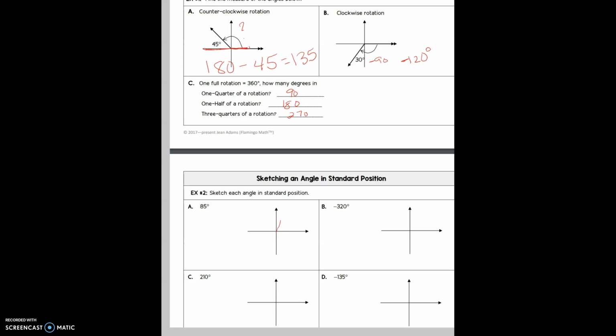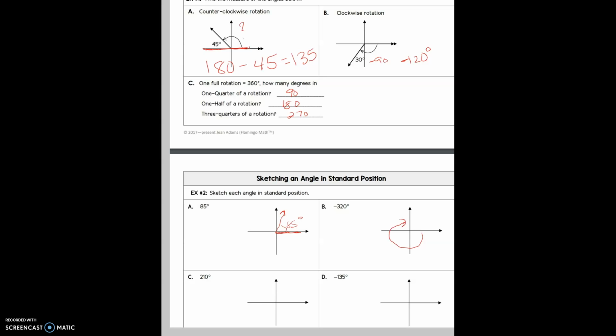So we want to draw our 85 degree angle there. This piece right here is 85 degrees. There's your initial side there. Next, negative 320. What you need to understand is negative